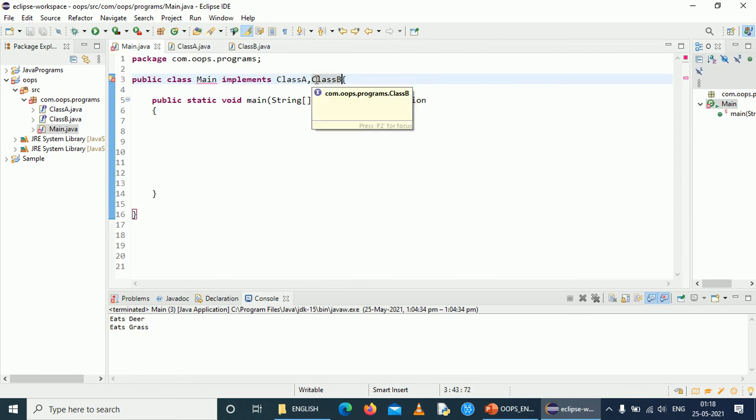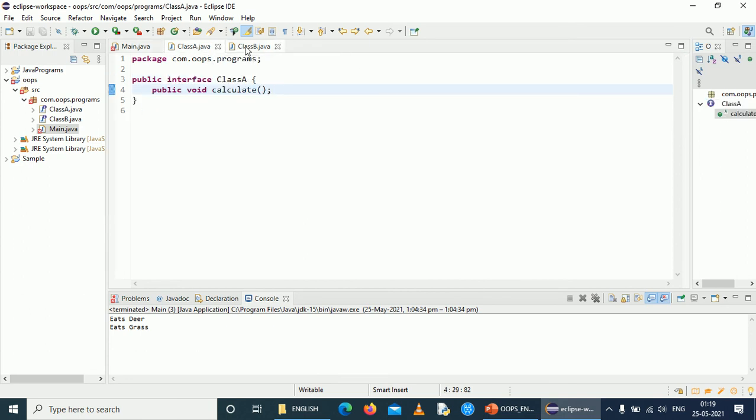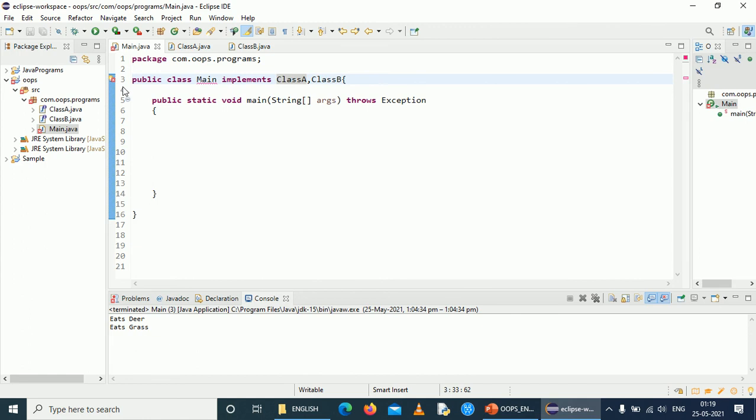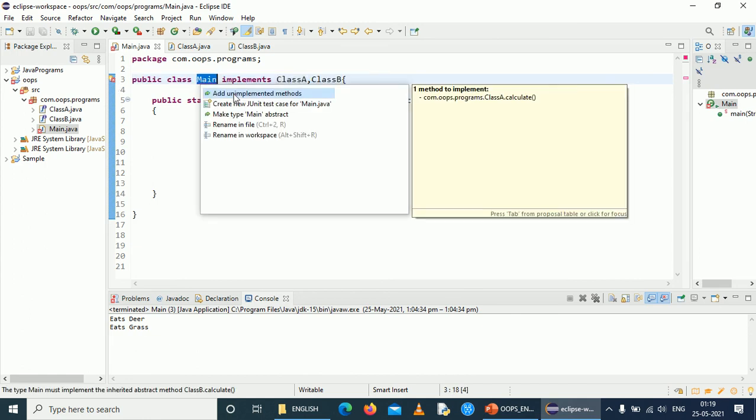Immediately after implementing, same as what we did while inheriting an abstract class, all unimplemented methods, that is abstract methods that are only declared and not defined, must be implemented immediately in the subclass or child class. The same thing is happening here. Immediately after implementing interface A and interface B, the unimplemented methods present in A and B must be implemented in the main class.